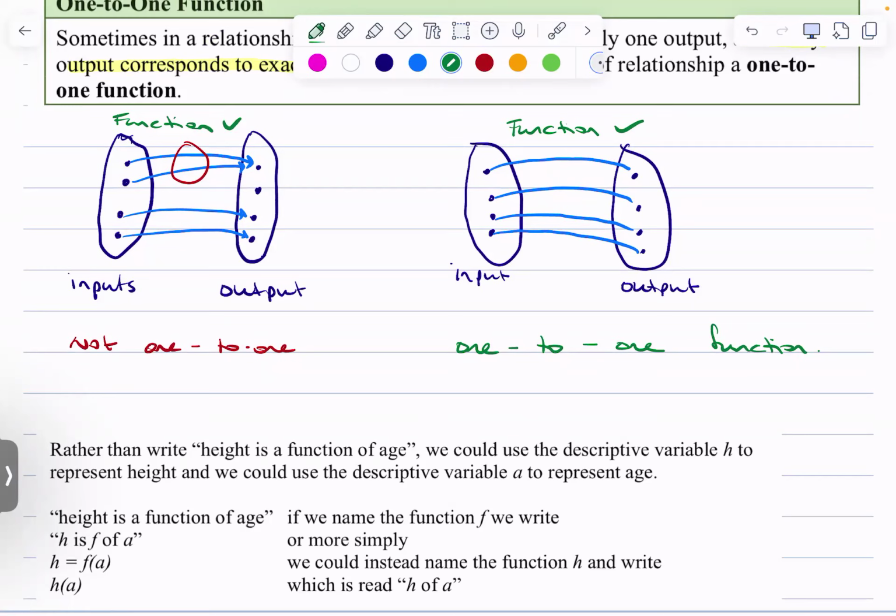Nice. So it's a special case. And we'll parking lot this for a while, right? But later we'll talk about reversing functions, and we can only do that if we have a one-to-one function. So it's going to come back. But you can see how, if it's a function moving from the input to the output, then it looks like it's also a function going from the output to the input, working backwards. That's when we'll talk about inverse functions, but not today.